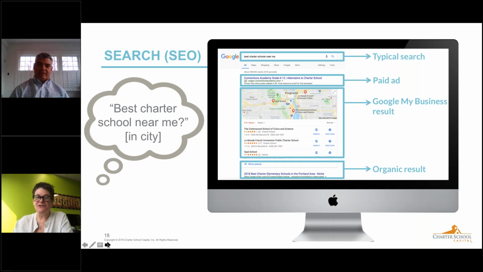This is another typical search that a lot of parents go through. And Ben, the difference here is the organic result is pushed down even farther, and a paid ad shows up. During the summer months, paid ads show up more and more. So the result is very different from what you might expect. Whether you start in February or you're in the middle of August, you'll see a very different result,